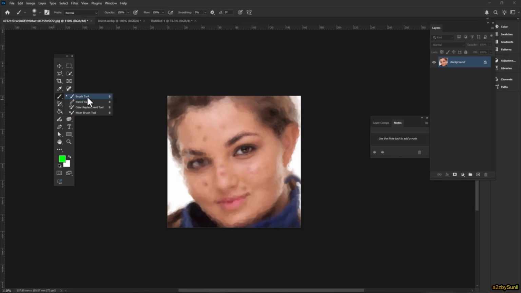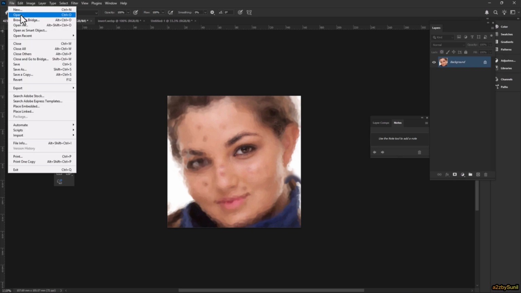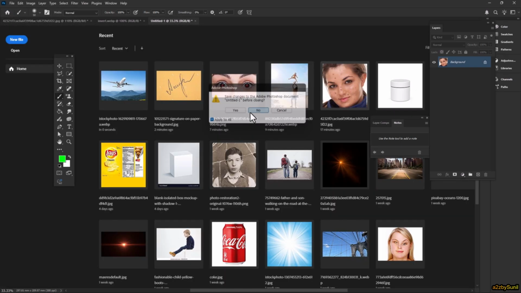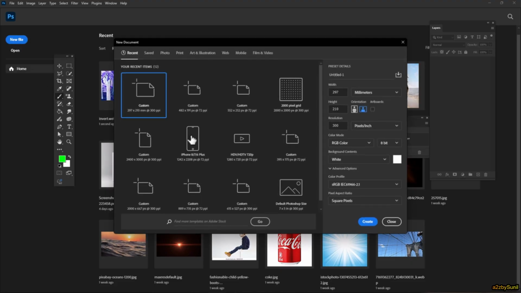So next, the brush tool. The brush tool is a very important part. Let me close all, select new file, and select